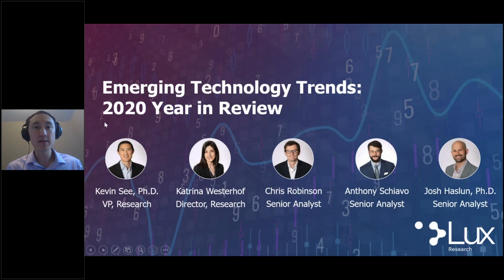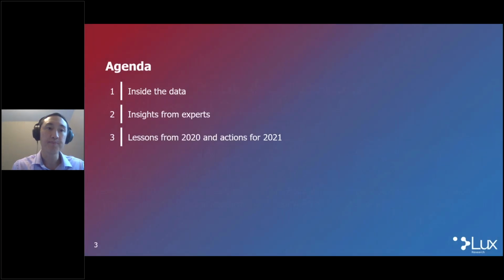And today we're going to be talking about really what happened in 2020 and how we can use that to inform what we do in 2021. And we'll do that in a variety of ways, which I'll explain briefly as we walk through the agenda here. So first, we'll want to motivate the overall exercise of reviewing what happened in the past or in the near past and how that can help inform what we do in the future.